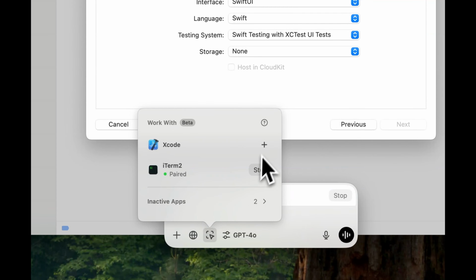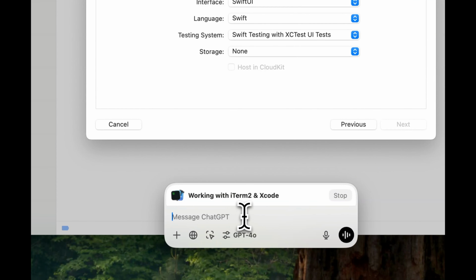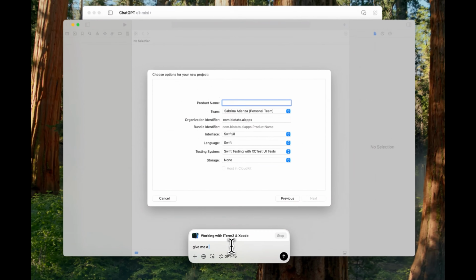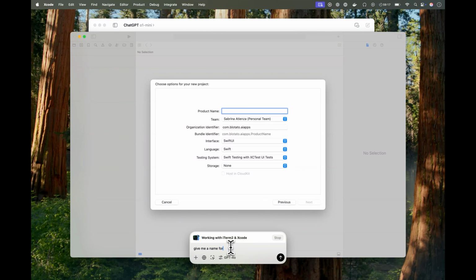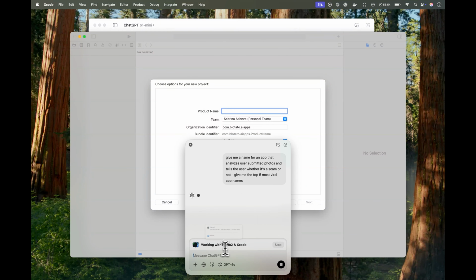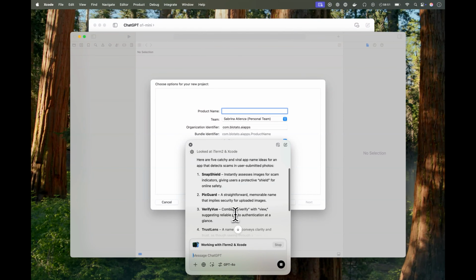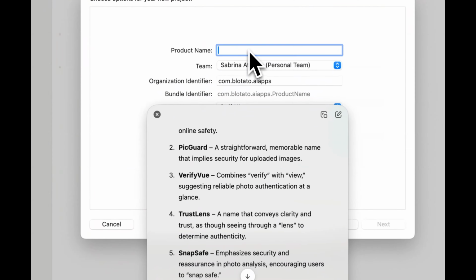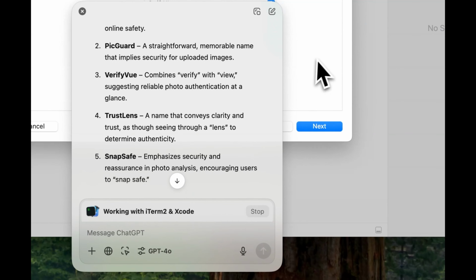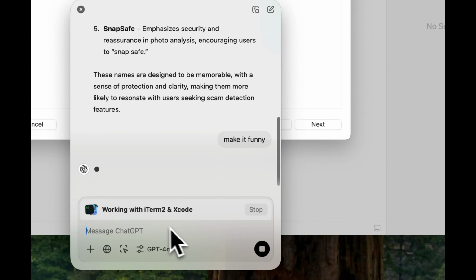You can see working with Xcode and the terminal here on my Mac computer. And the first prompt I'm going to run is to have ChatGPT brainstorm a name for the app. And this particular app, I wanted to analyze user submitted photos and provide a score whether it looks like a scam or not, because I've done a lot of videos and research into deepfakes and scams, and it's a really big problem right now. And so ChatGPT brainstormed 5 different names: Trust Lens, Pickguard, Verify View, but I want to